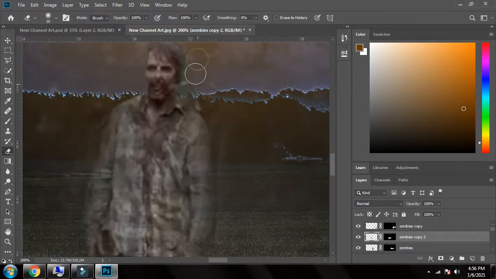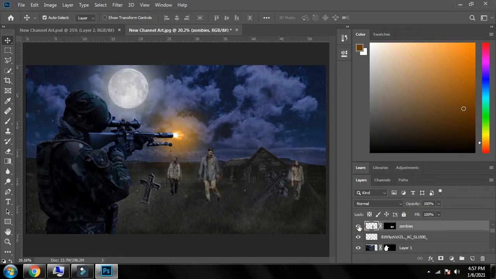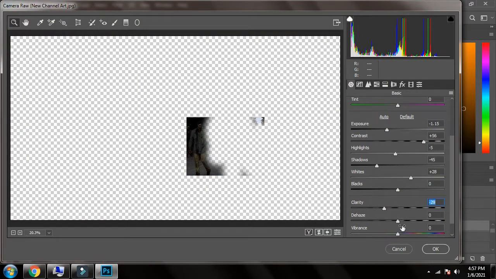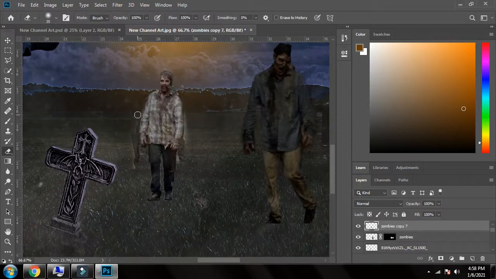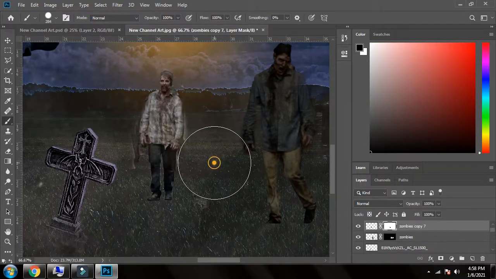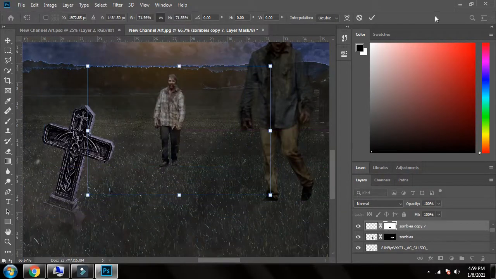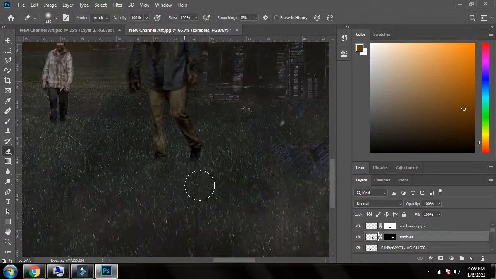Here I deleted them more, so I replicated them so they look good. And after that, again camera raw filter adjustments, making it more dark because the theme is dark. We are in night, so I tried to add some dark effects to the zombies too, so they look more real. And I also raised their feet so they look